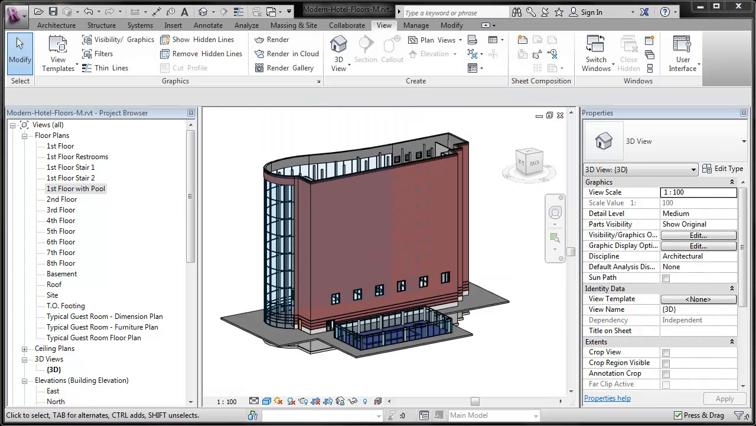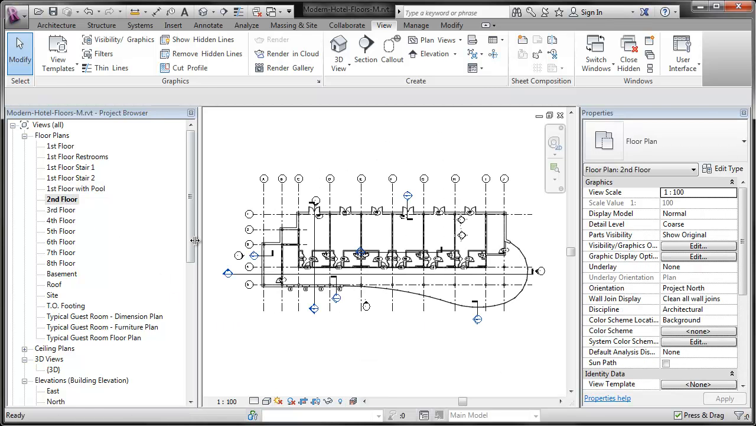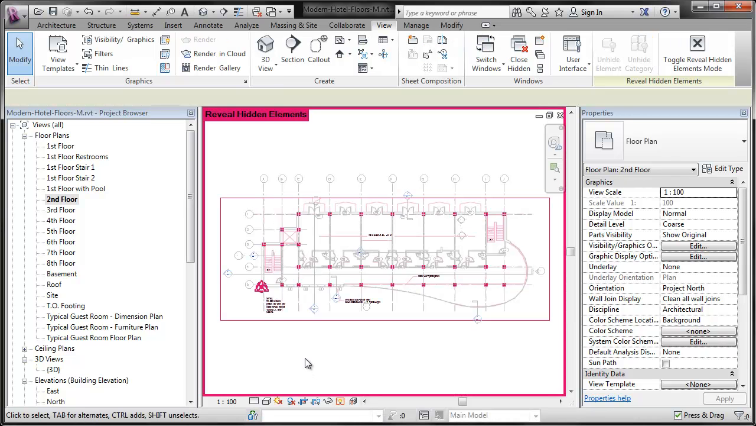Okay, so we're carrying on with task number 3. We're going to add the second floor with balconies to this project. So we're going to open up the floor plan second floor view. There it is there. And then what we want to do is we want to reveal everything that's been hidden. So we're going to hit the little, pick the little light bulb,